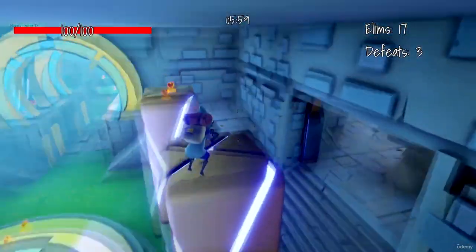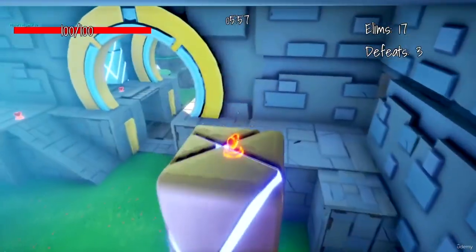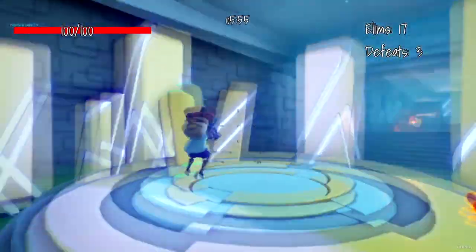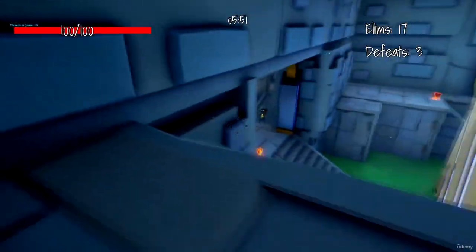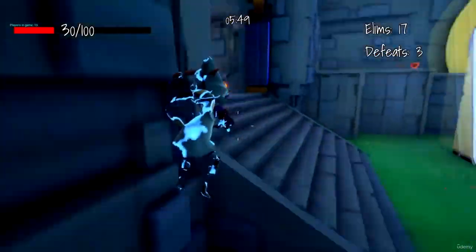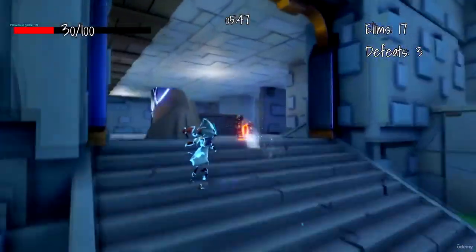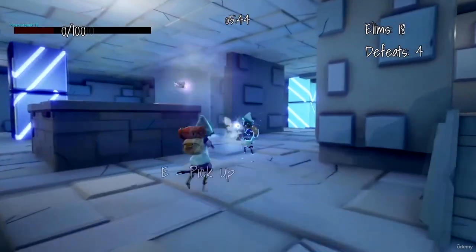Welcome to the Unreal Engine 5 C++ multiplayer shooter course. In this course, we'll be creating this multiplayer shooter game completely from scratch. As you can see here in this test session, I have 19 players from all across the globe playing my